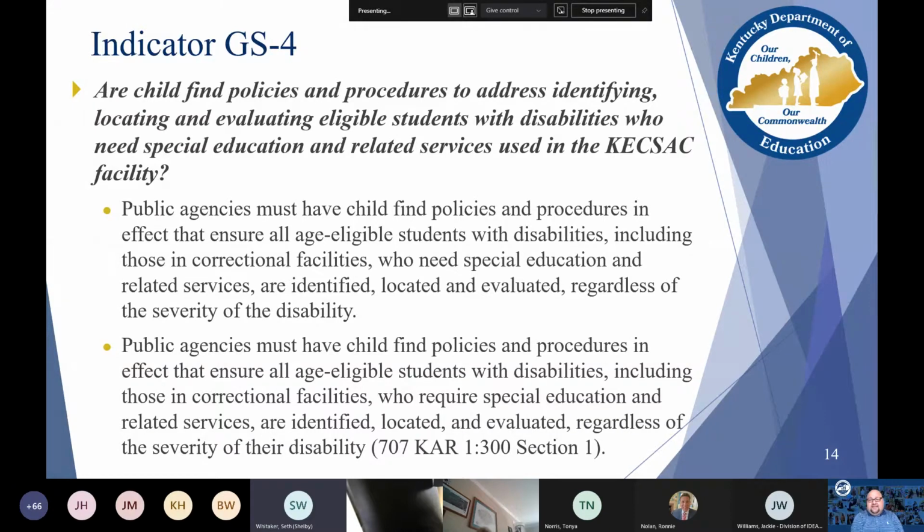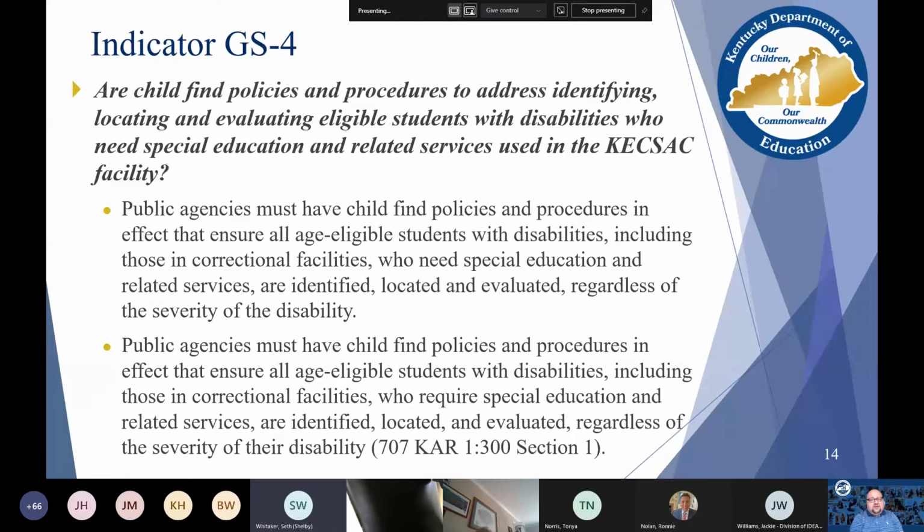Public agencies, and this is a federal law, must have child find policies and procedures in effect that ensure all age-eligible students, that's 3 to 21, with disabilities, including those in correctional facilities, who need special education-related services, are identified, located, and evaluated regardless of the severity of the disability. If you were in the other session, you heard me say this: just because kids are in high school, that doesn't mean we stop looking for suspected disabilities. Just because a kid's in an alternative setting,